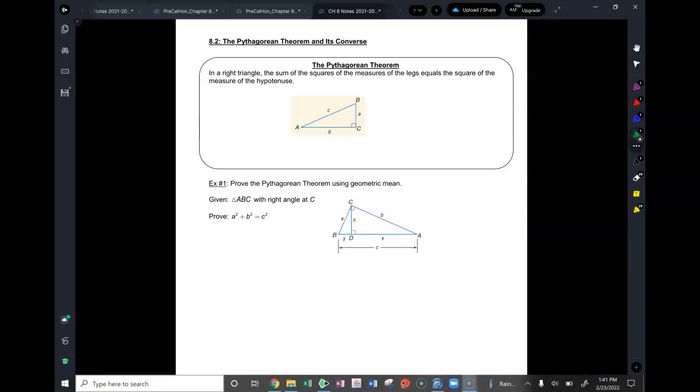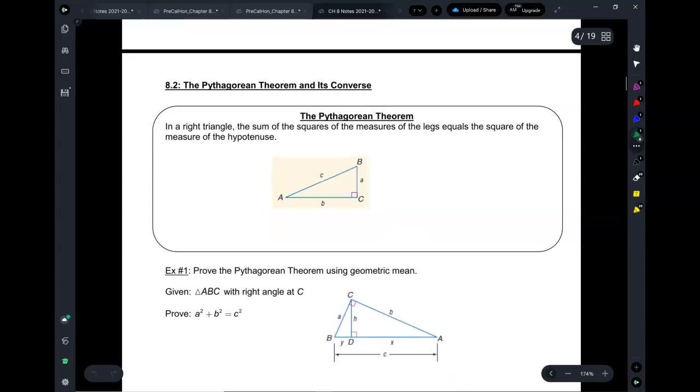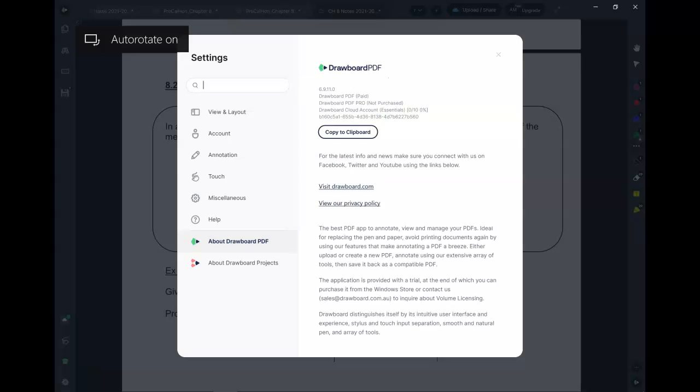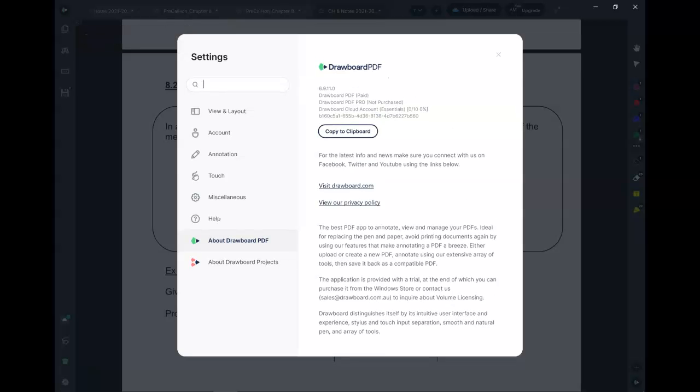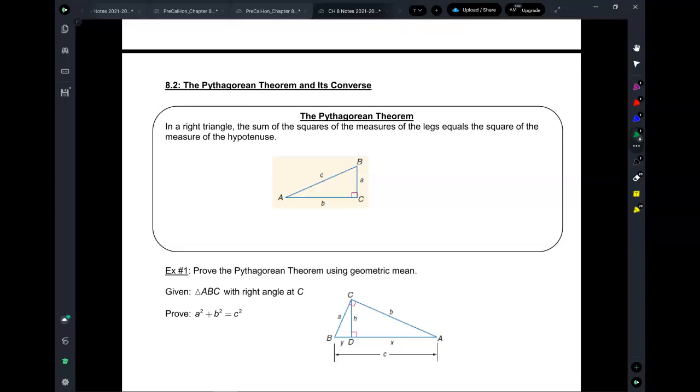Pythagorean Theorem. It's everybody's favorite theorem, right? The Pythagorean Theorem. And what we're going to do, okay, so first of all,